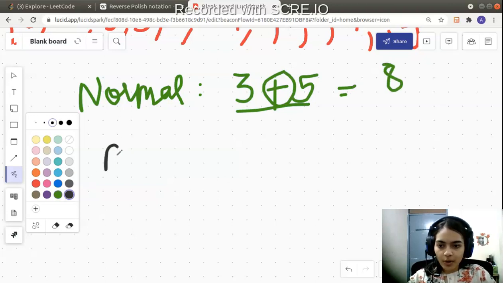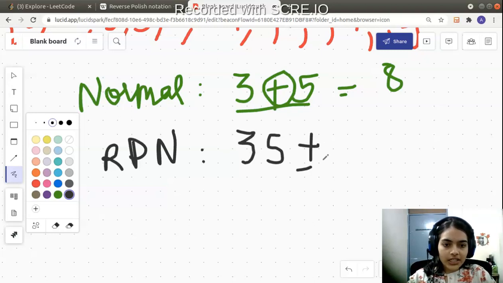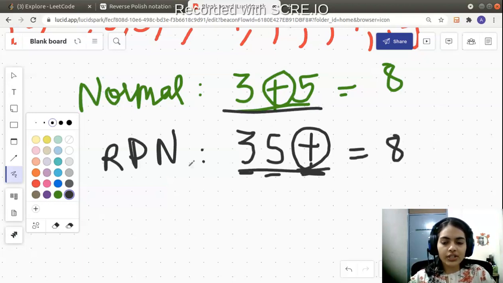But in the reverse Polish notation, let me write it as RPN for short, you put the numbers at the beginning and the operator, which is the plus sign, at the end. So 3 and 5 at the beginning, and the plus sign at the end. This is also going to evaluate to 8.